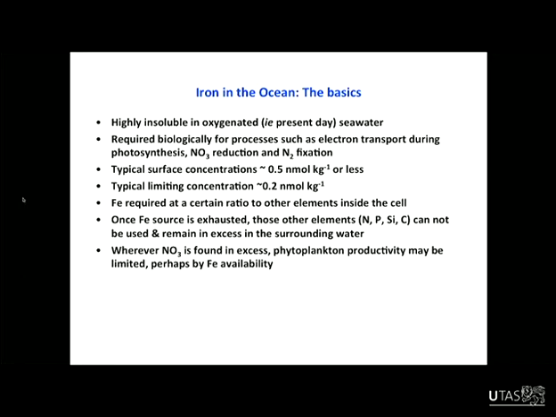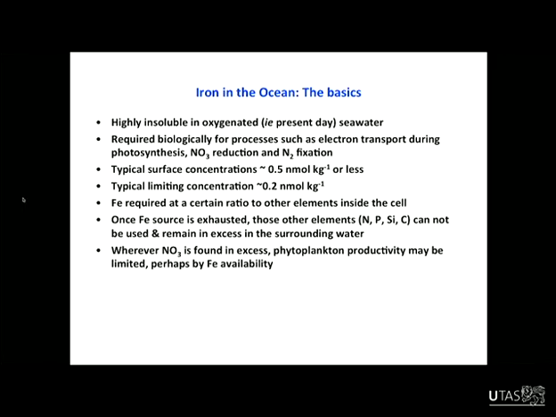Zanna did the calculation that you'd need about, I think it's about 50 Olympic swimming pools of seawater. If you extracted all of the iron out of 50 Olympic swimming pools of seawater, you'd have enough to make one nail, one metal nail. Right? So it's required for processes like electron transport in photosynthesis. Actually, nitrogen fixation that I was talking about before is also a very iron-hungry process.